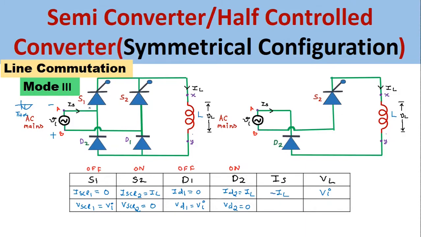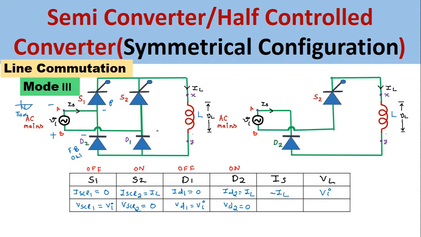As we have studied, due to the stored energy in the inductor, this S1 continues to conduct, but after pi plus alpha, what happens? The stored energy in the inductor is dissipated through S1 thyristor and D2 diode, and therefore the energy stored in the inductor becomes 0 after this instant pi plus alpha. What happens when the negative half cycle comes to the input of this circuit? The P side of this S1 goes to negative. This negative will go to this D2, and this D2 goes into the forward bias condition. This is already conducting, so this will be in the on condition.